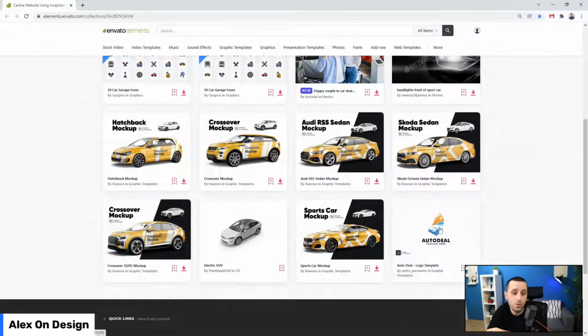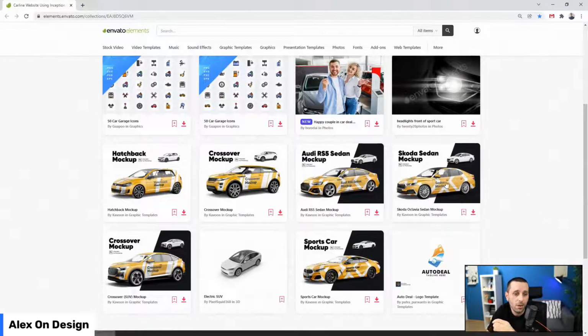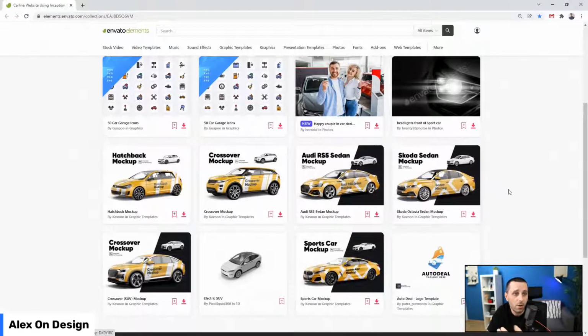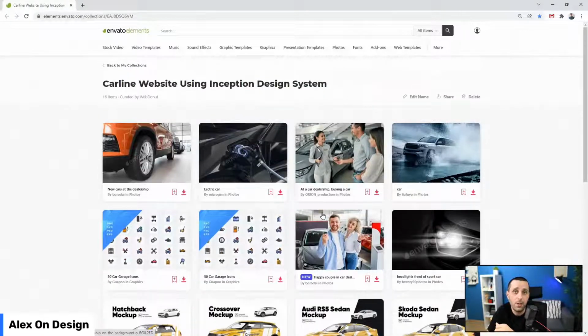Finally, we are going to use this logo. I already prepared all of these files. I'm not going to bore you with taking these into Photoshop. These are just plain mockups, and I simply exported them, and I'm going to show you how to put them inside of our design. Finally, we have all of these icons, and I used AI icons, so Adobe Illustrator icons,